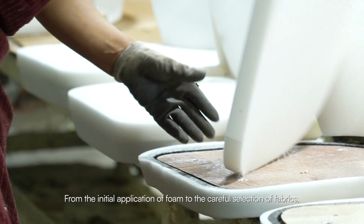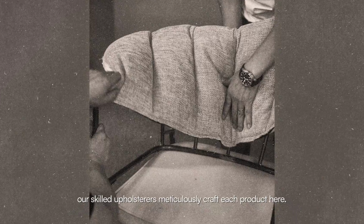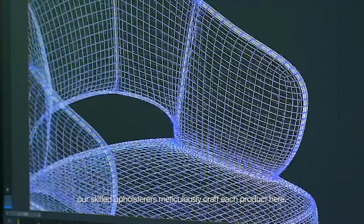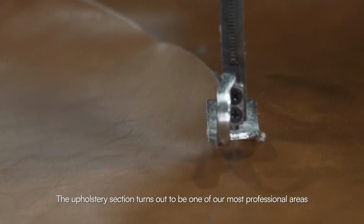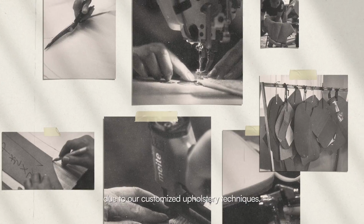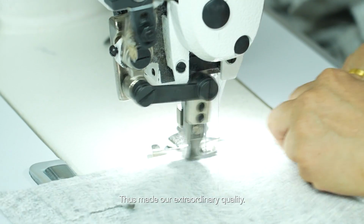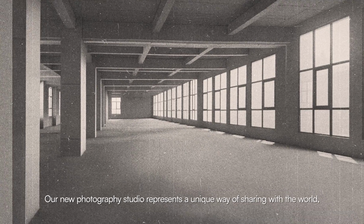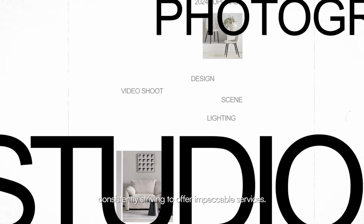From the initial application of foam to the careful selection of fabrics, our skilled upholsterers meticulously craft each product here. The upholstery section turns out to be one of our most professional areas due to our customized upholstery techniques, thus made our extraordinary quality. Our new photography studio represents a unique way of sharing with the world, consistently striving to